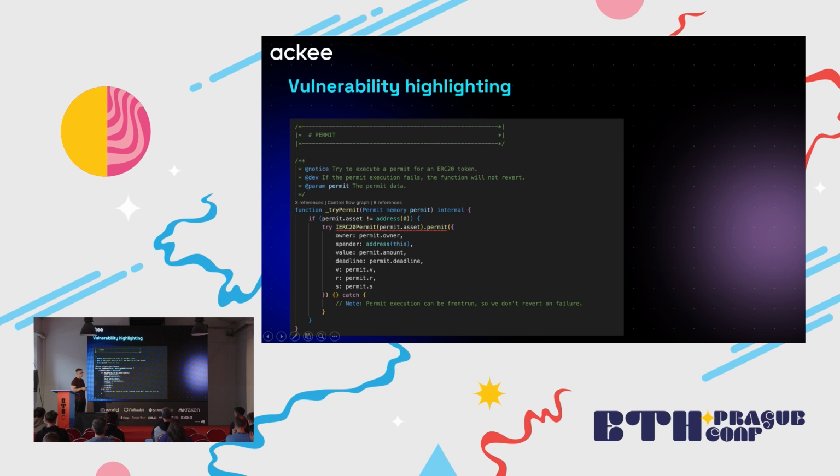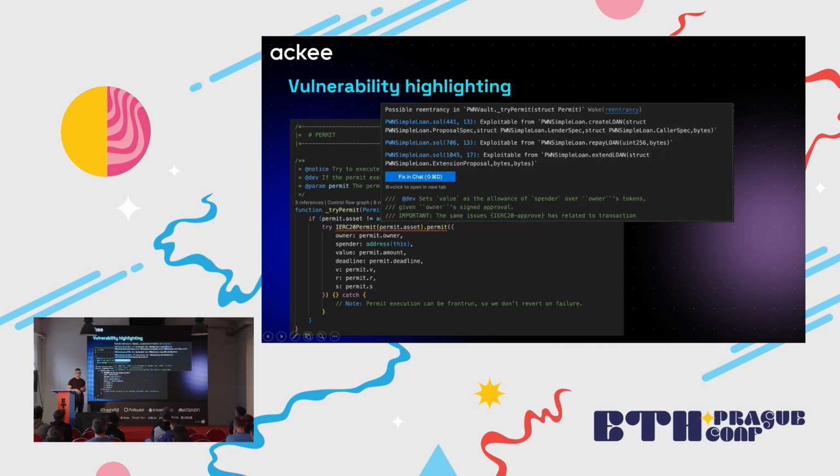So this is an example. As I said, Wake is also a static analysis framework, and so it can detect some issues in the code base. There's an example of reentrancy, and obviously there's a command line interface to run all the detectors and see some results. But we have also integration into VS Code with the extension, and so we can show the detections right inside the code. As typing the code, new detections may appear. So this is an example of reentrancy. So there's possibly a reentrant external call, and this is how the detection looks like inside VS Code.